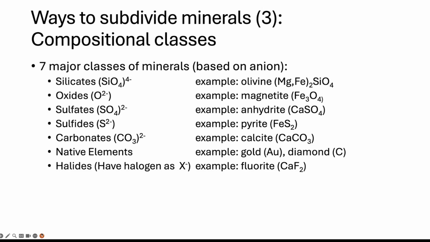And we have carbonates, and then we also have native elements. There's not very many, diamond and gold. Those are ones. And then we have halides, where we have halogen as the anion, for example, fluoride. So those are the main major classes of minerals, and many ores are sulfides. But then when they get up into the high oxygen fugacity environment, groundwater, you'll start getting some interesting oxides and sulfates and carbonates.